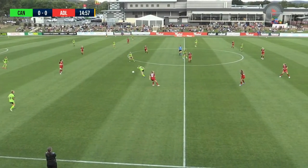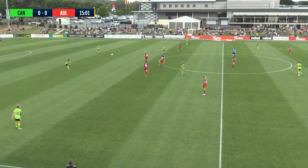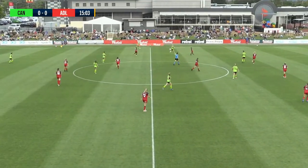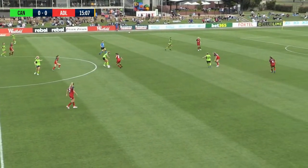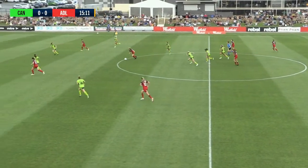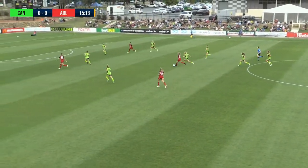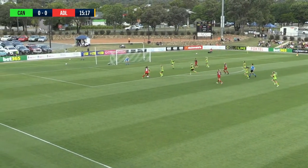Nash forward to Satchel. Satchel's one I'm also interested to see sort of her playing skill and her capability and what she brings to this side. I'm not too familiar with her as a player. Kiwi international though, she's got a great bit of experience. Wirtz has dropped off into the pocket here, found herself a little bit of room. On towards